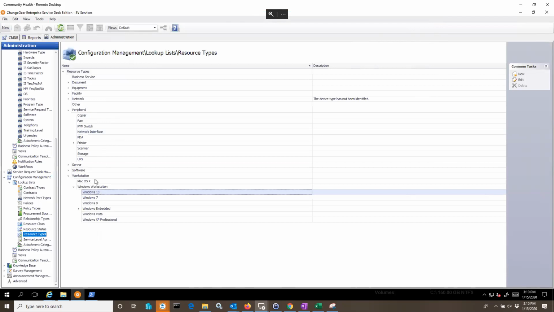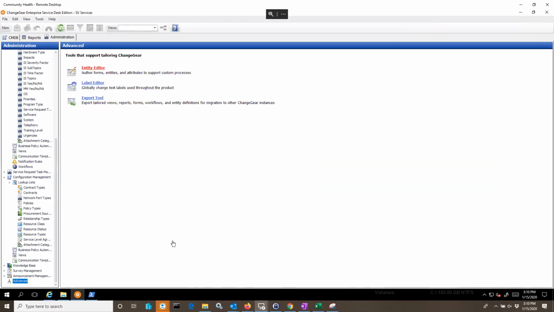What is the main goal of those functions? The main goal is to kind of organize your assets in a way that you can get the most specific information possible. And that part of that kind of ties into